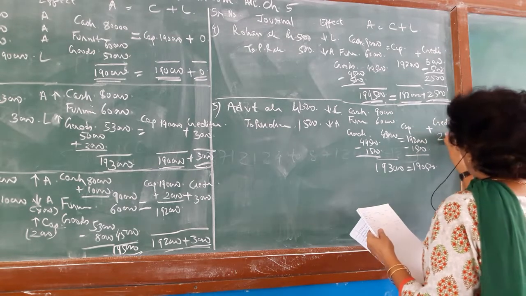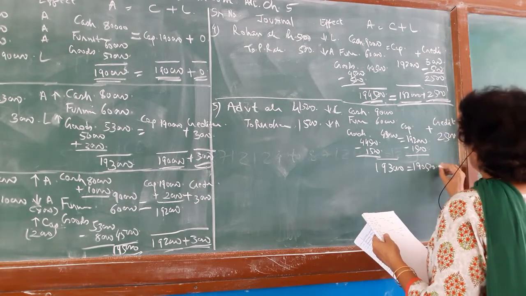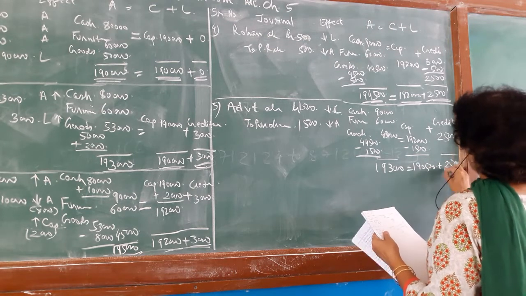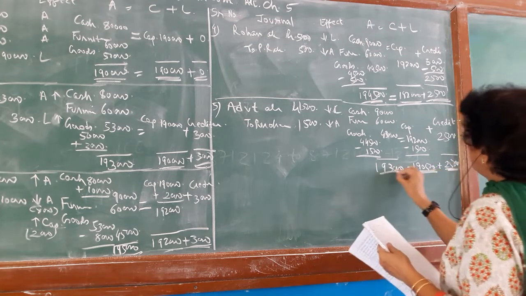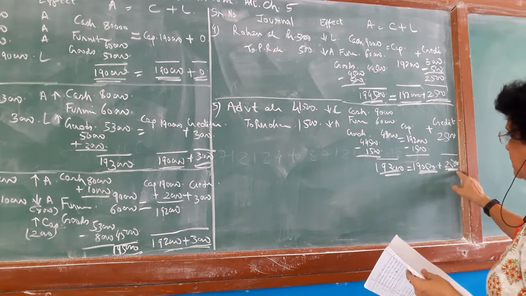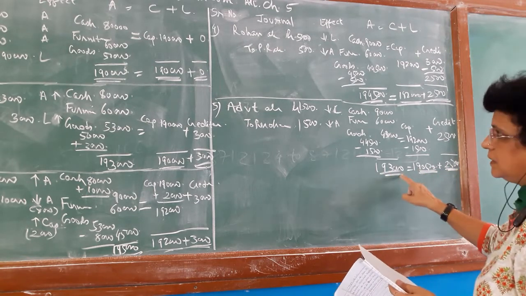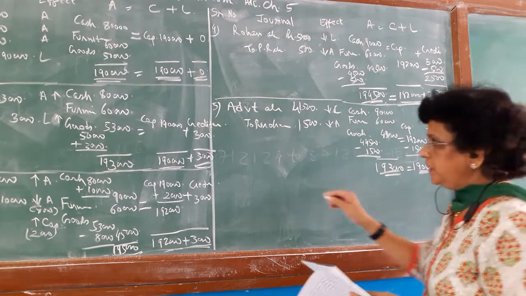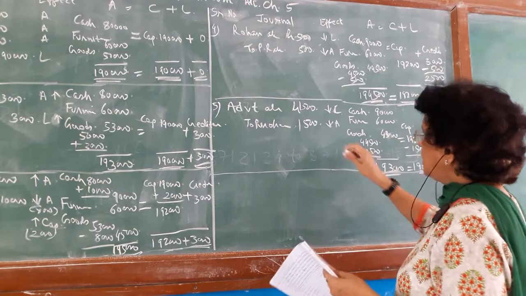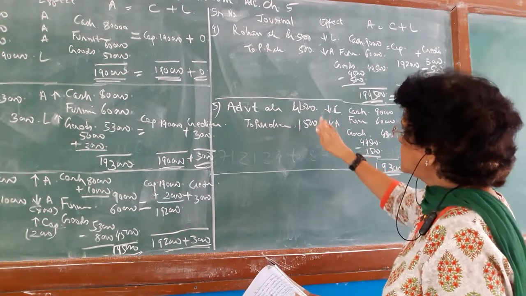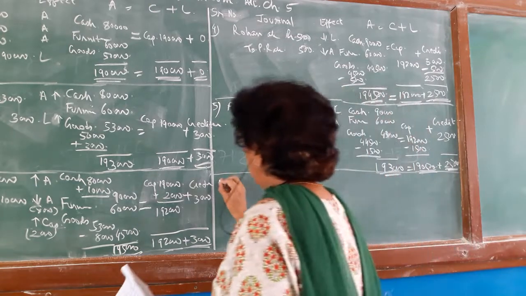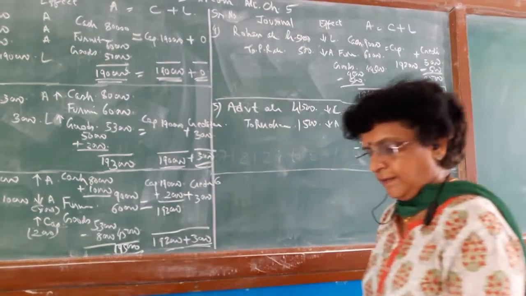Okay, and your creditors remain unchanged, that is 2,500. So write the same 2,500. So if you do the total, then 1,90,500 plus 2,500 is equal to 1,93,000. So when you distribute goods as a free sample, one effect is that your capital decreases, another effect is that your goods are going down.